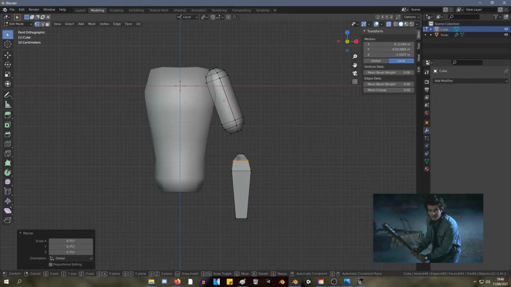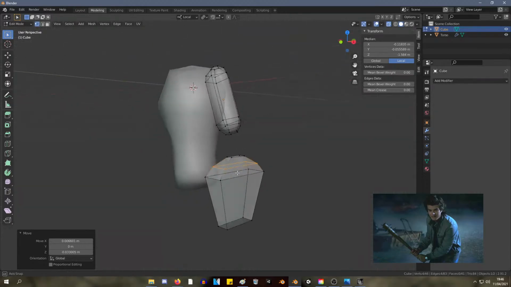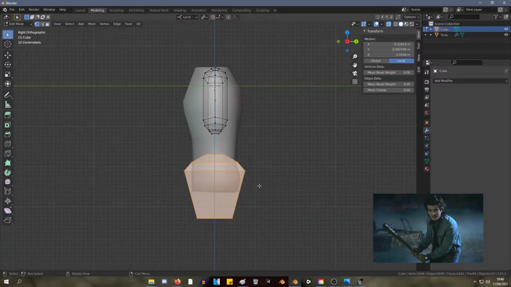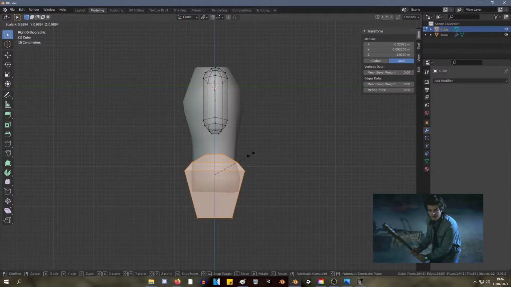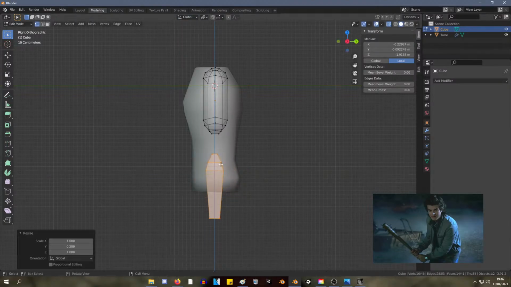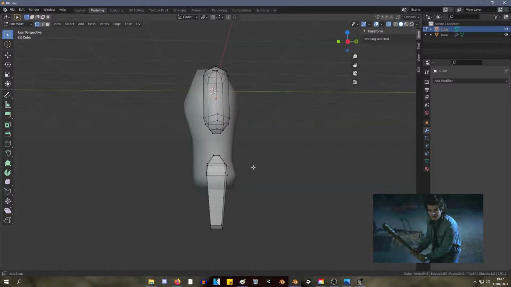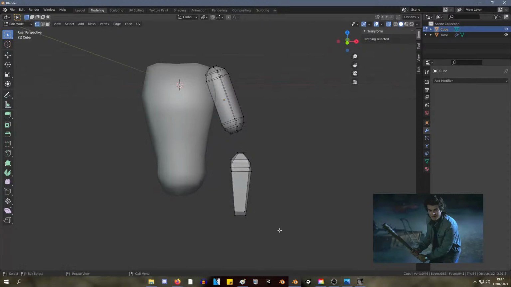Okay, so I like to have this kind of shape for the bottom of the forearms, but that's a little bit thick on that side. So let's just turn this to global, scale Y down a bit. Just make it look kind of the right shape. You might have noticed in a lot of my videos,